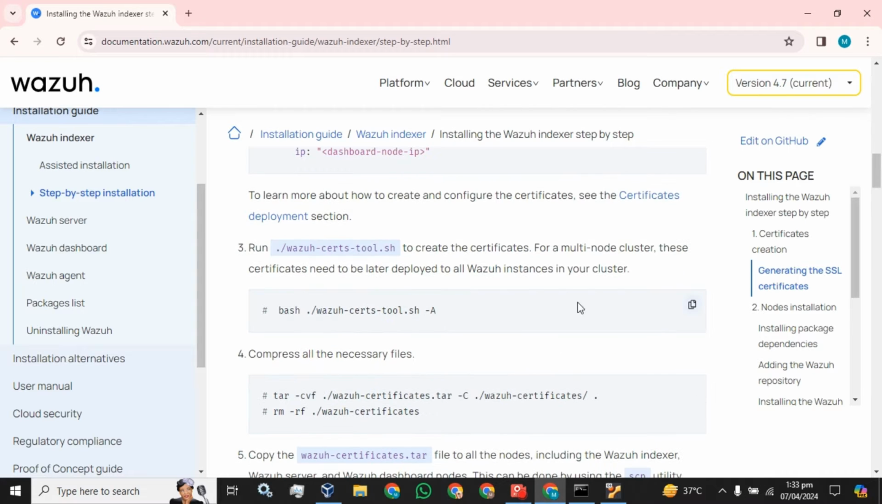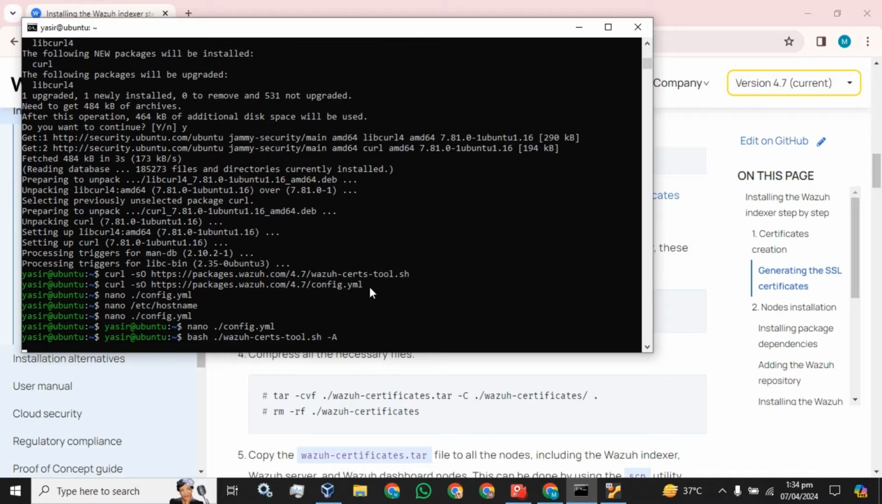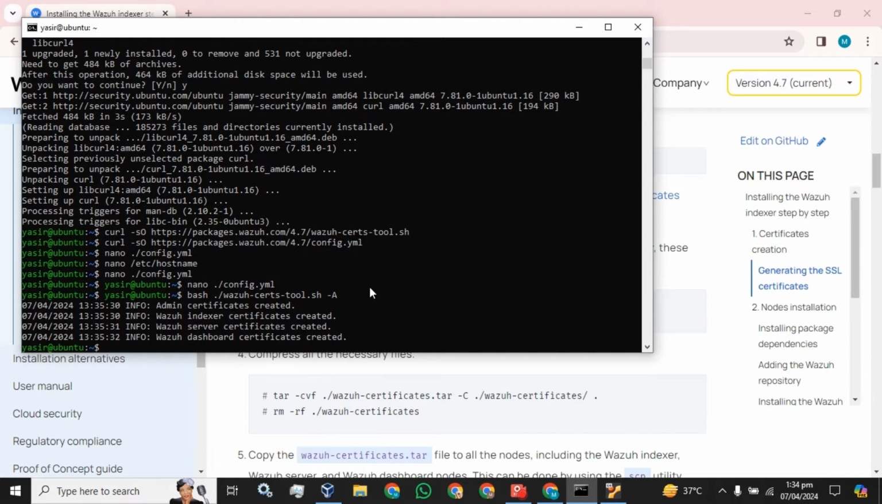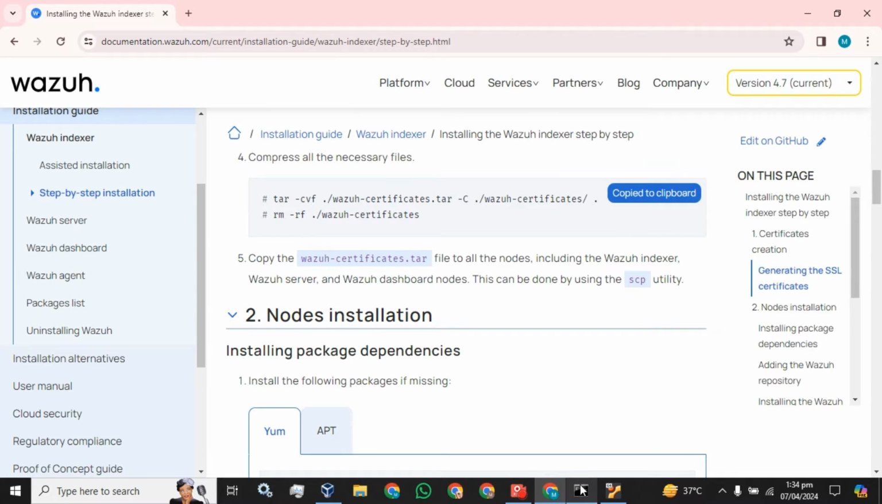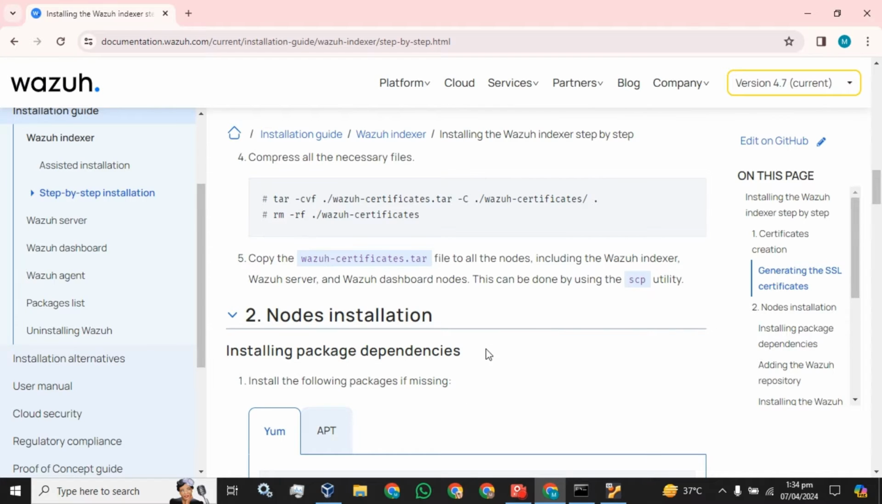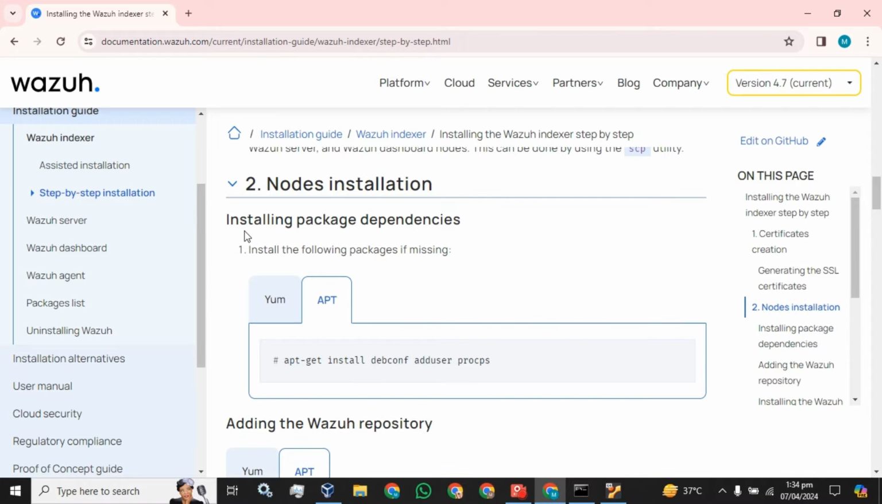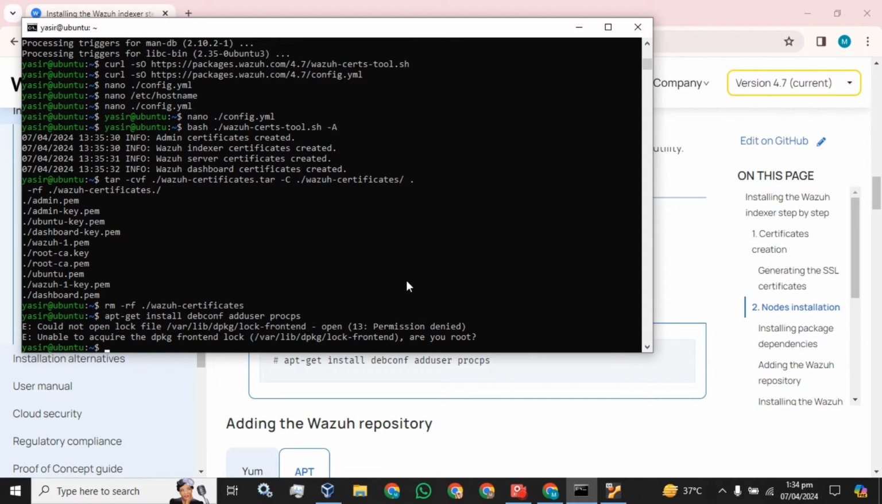So now let's just create the certificates. The certificates have been created successfully. Now we are going to compress and remove the uncompressed file. Now let's install package dependencies. It's a dependency for our